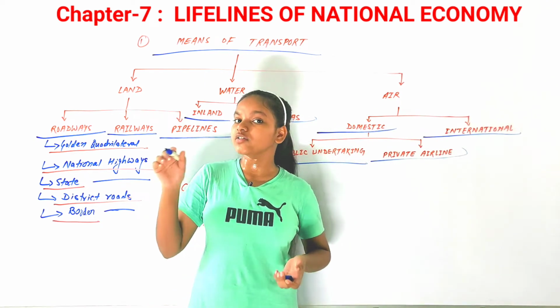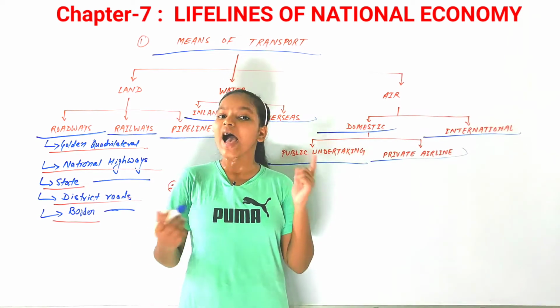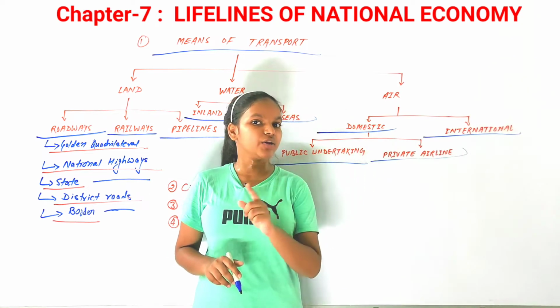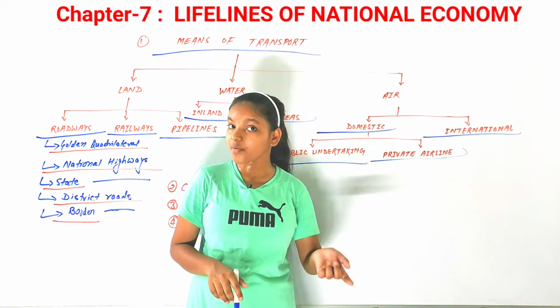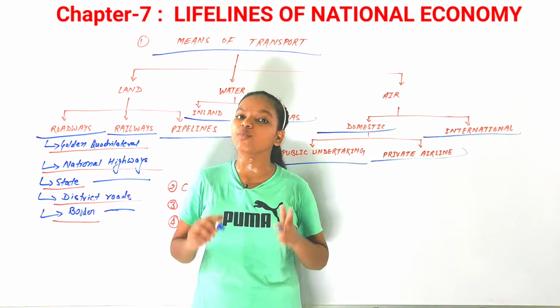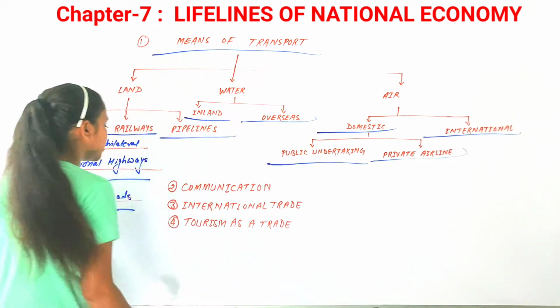So we talked about the three types of transportation: land transportation, air transportation and water transportation. Now we talked about trade, transportation, communication. Trade we discussed in the last chapter about the manufacturing industries. Transport we discussed. Now comes the communication part of our chapter. So with the next topic, let's continue, that is communication.